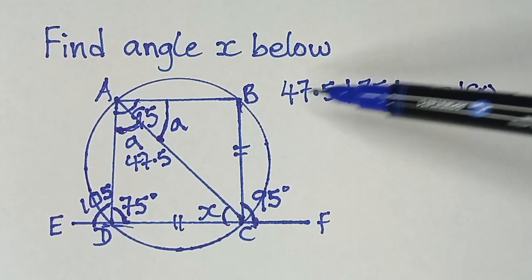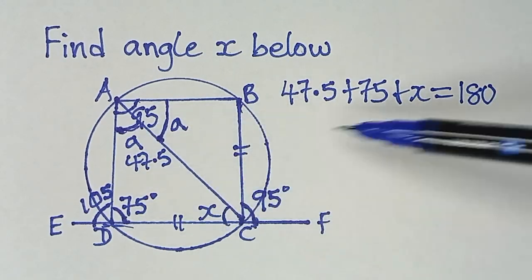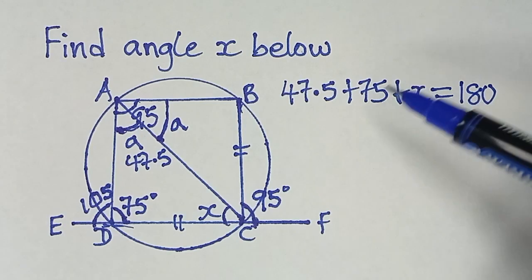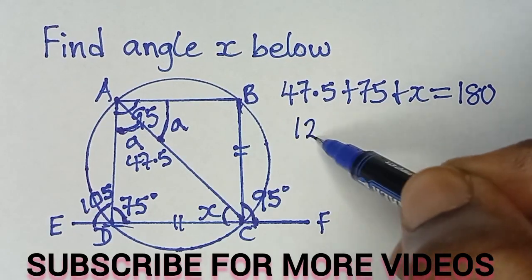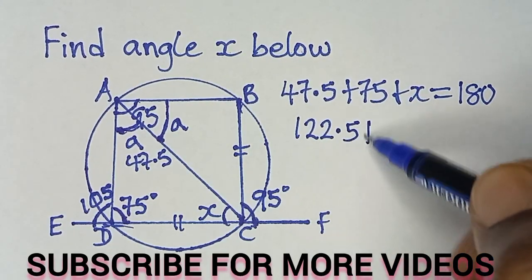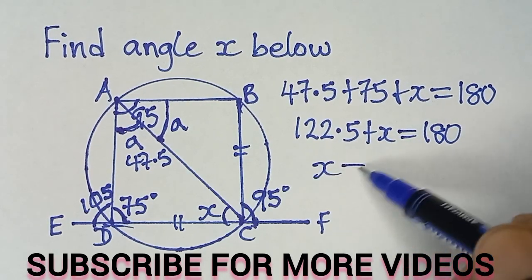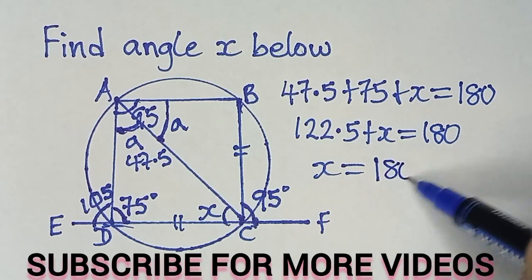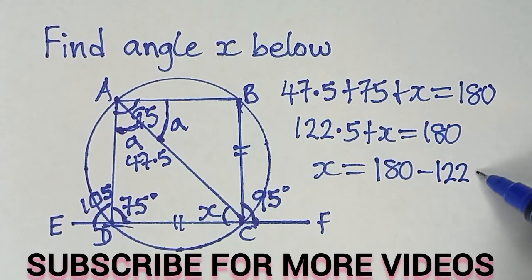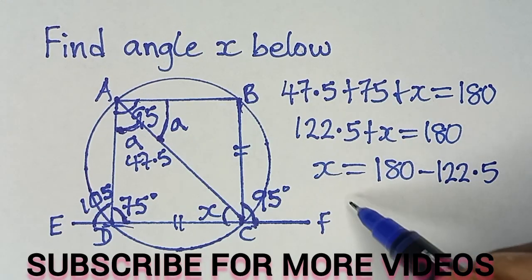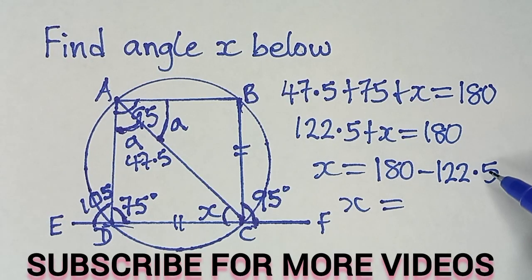And what is the reason? Sum of angles in a triangle add up to 180. So these three angles now add up to 180 degrees. So 47.5 plus 75 is going to give us 122.5. And then plus x is equal to 180. From there, to get the value of x, we simply say 180 here. When this plus 122.5 comes to this side, it becomes minus 122.5. And from there, we can finally get the value of x as equal to 180 minus 122.5 will give us